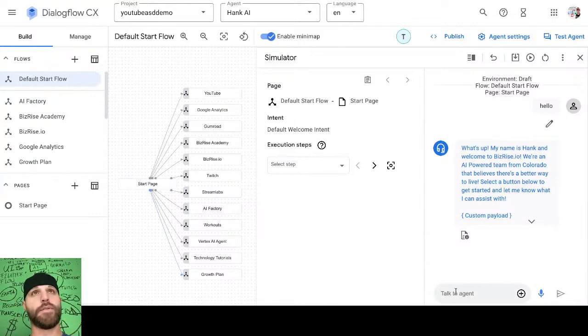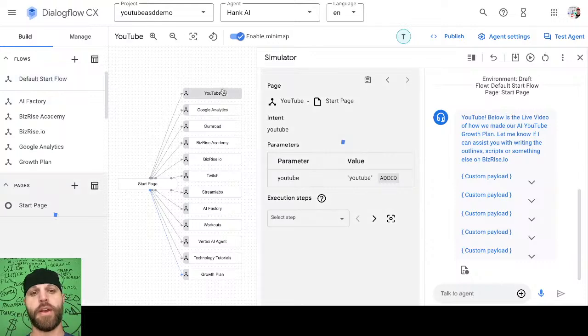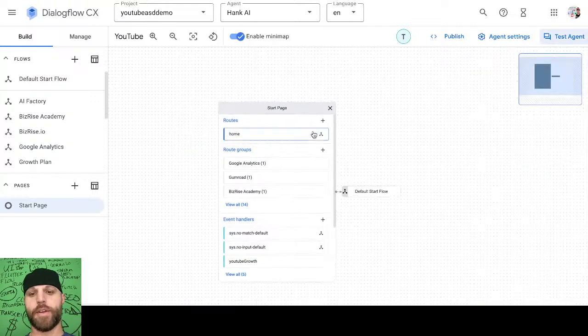Now if I want to go to YouTube, I have that route already set up to YouTube. I have choice chips in there. It doesn't show on the test, right? What it's showing, right? YouTube over here, and we're going YouTube. Took this route. Whoop, YouTube. That's going to land us on the start page, which is this one, right? I'm going to have to edit that out of there because it's got video of really how I took analytics and turned it into a YouTube growth agent.